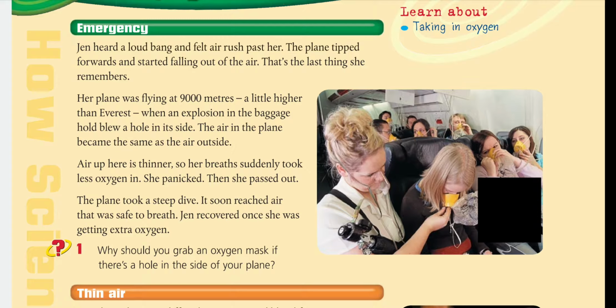And this is the first part, because we already know the objective of this lesson: we have to know how the respiratory system works, which means we have to describe the mechanism of breathing, inhalation and exhalation, from before. And also, if we are moving to a high altitude, what are the similar problems that we will face, and how to describe and compare them. And the last objective for today is how to find a solution for these problems when you are moving to a high altitude.